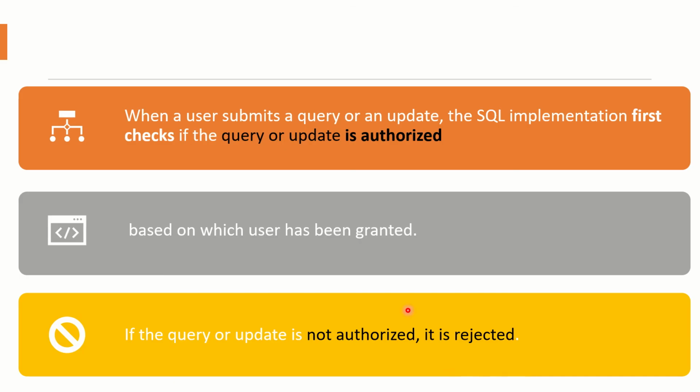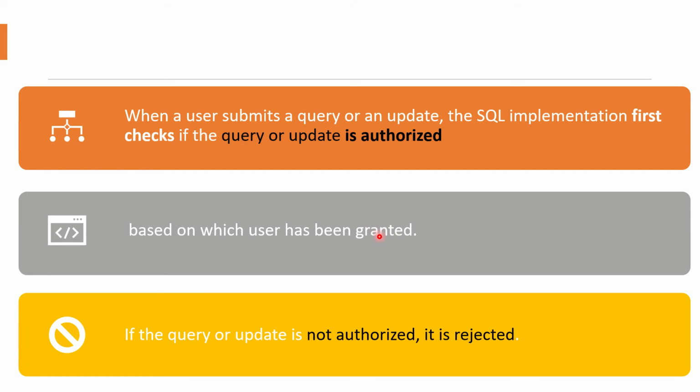So whenever a user is trying to make any changes, or do any operation on a database, like trying to insert data, or update data, or write a query in order to perform data retrieval, first of all SQL will check whether the user has that particular authorization, that is whether he or she has authorization to do that operation. If he or she has the authorization, then only the operation will happen.